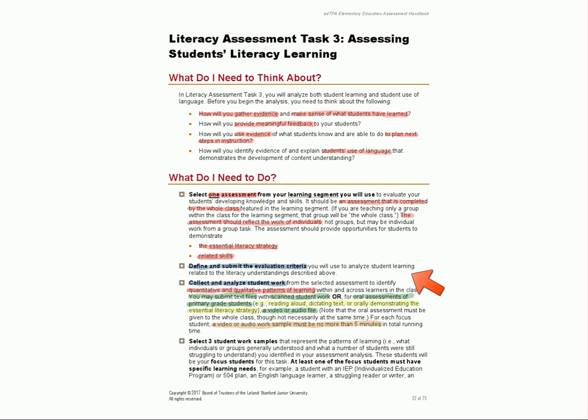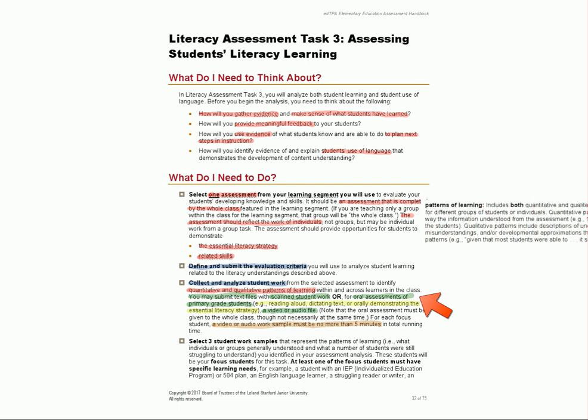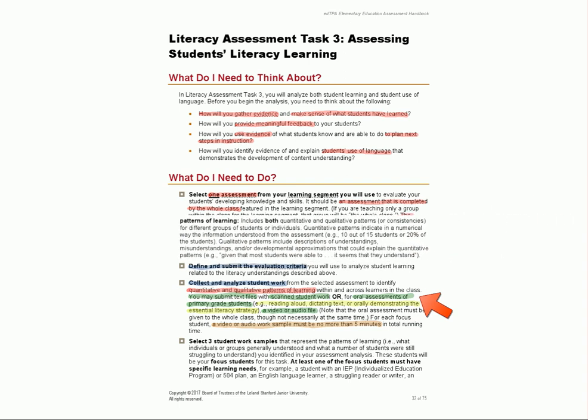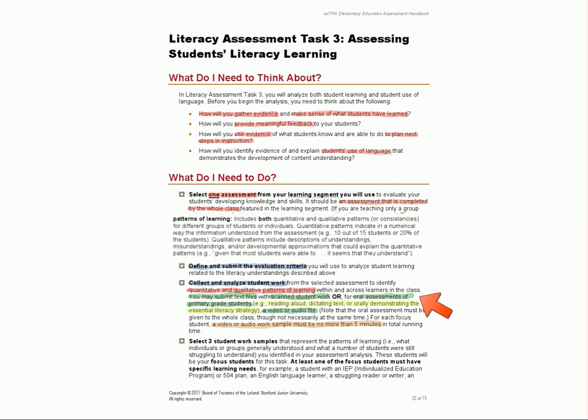Next, you'll need to collect and analyze the students' work, and you want to think about it in terms of quantitative analysis and qualitative analysis, and what edTPA talks about in terms of patterns of learning. So this is what they say about patterns of learning. So edTPA offers this definition. It says patterns of learning,